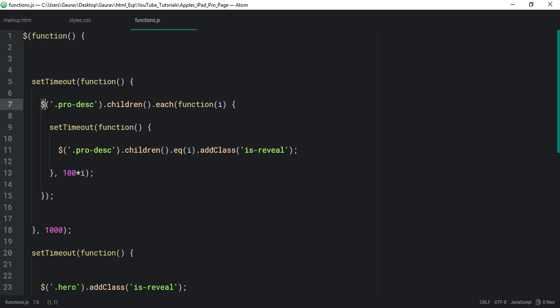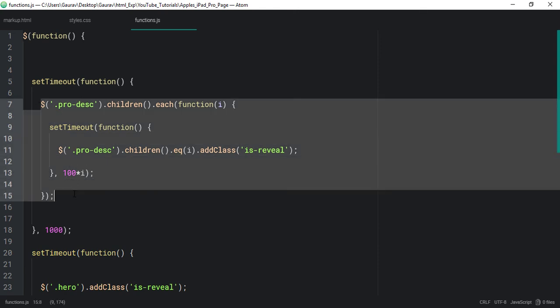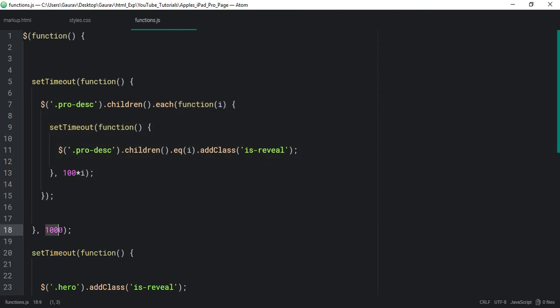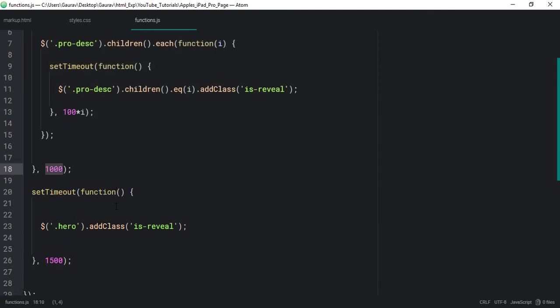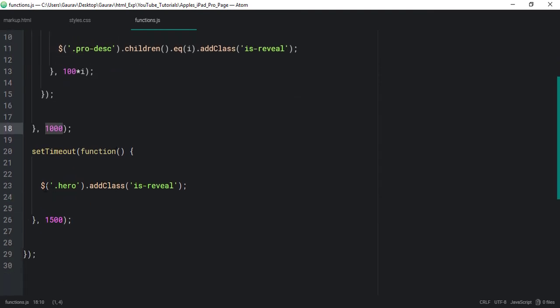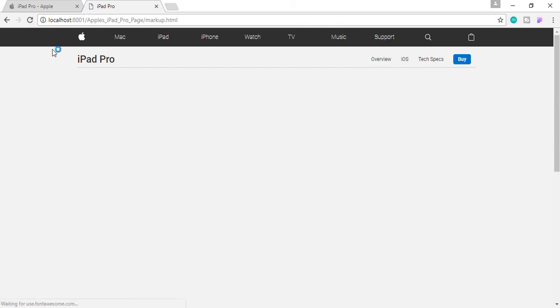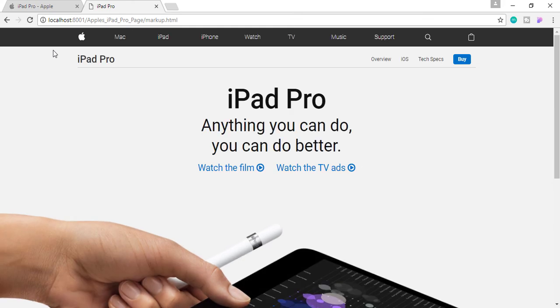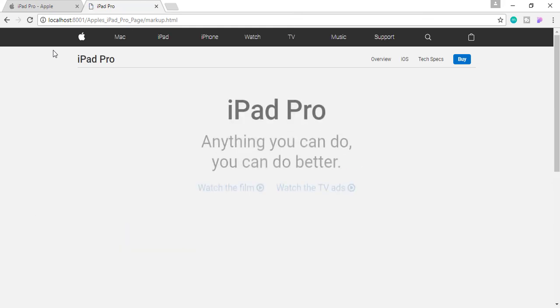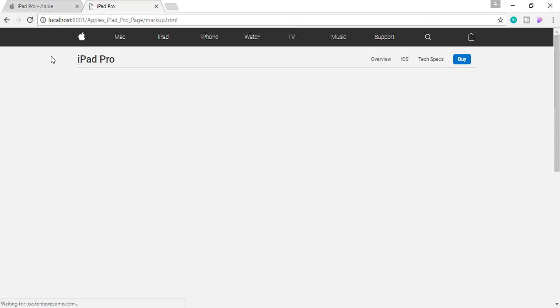And for all these functions we are setting the timeout of 1000 milliseconds, and for the hero section we are going to add the class after 1.5 seconds, or 1500 milliseconds. Okay, so let's save that and let's check in the browser. So as you can see we are getting these animations.